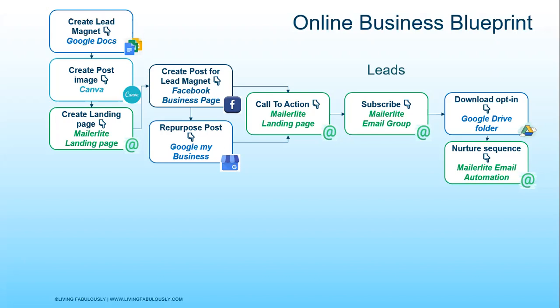Here's one thing you need to know about this opt-in that would support you, or about the topic that I'm sharing. Here's a case study if you have one, if you've been in business a while, but it could even be your own story or a case study of how you've done something. And then the last one is give some more value. So that's what I call a nurture sequence. And you do that as an email automation.